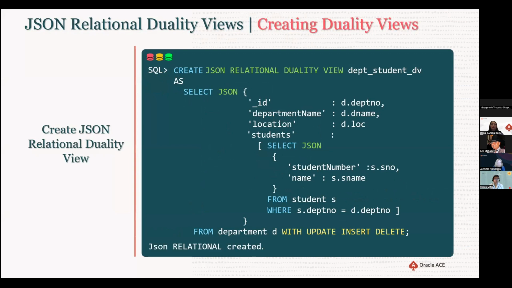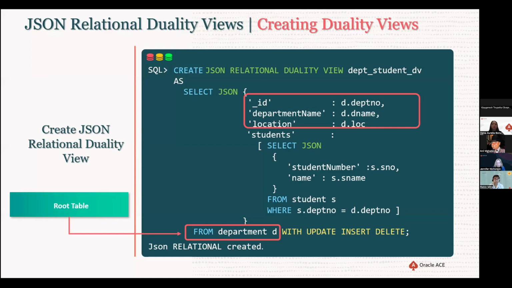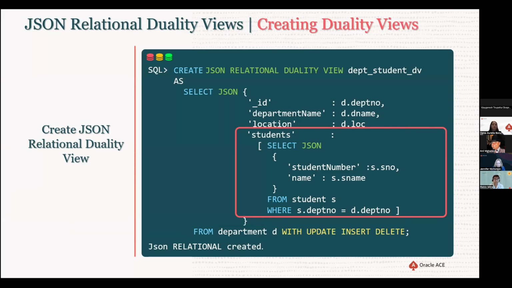Now we want to create a JSON relational duality view with the department table and the student table. To do that, we create the duality view with the columns from my root table, which is the department in this case. And then I select the columns that I want to include from the students table in the form of a